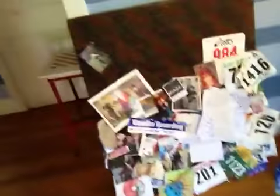So here we have half of it cleaned off and the other half still needs to be cleaned. And that's not very inspiring, is it? Well, I'm going to have to go through this stuff, and I don't know how exciting it's going to be for me to keep it running, but